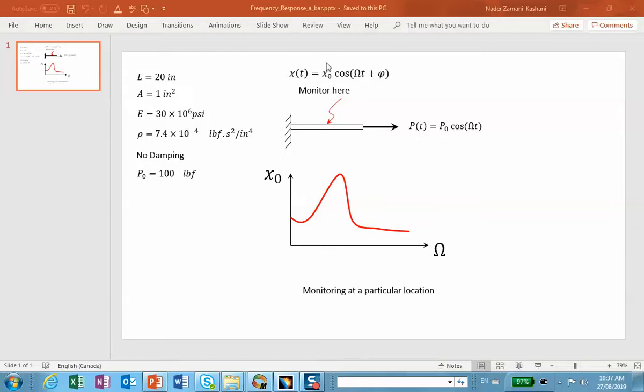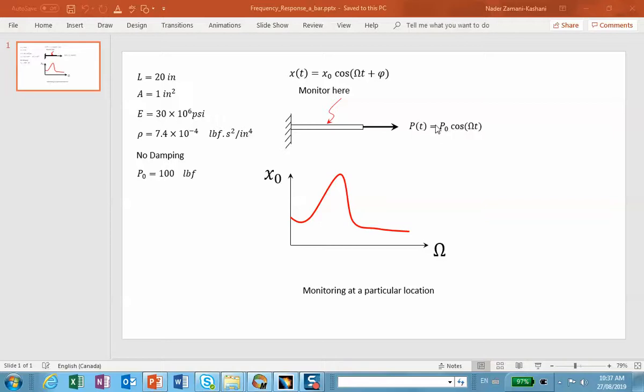It's going to have a certain amplitude as a function of time, and of course a phase angle. It could be that the motion of this point is lagging or leading the way the load is